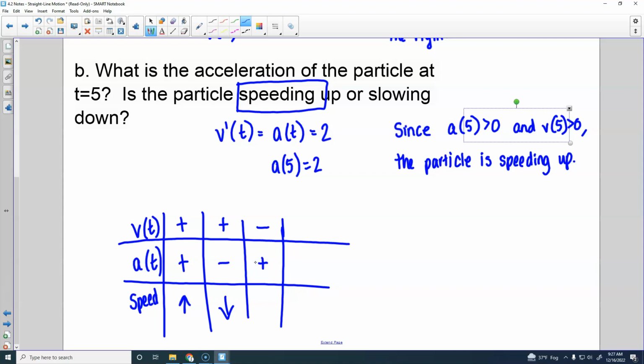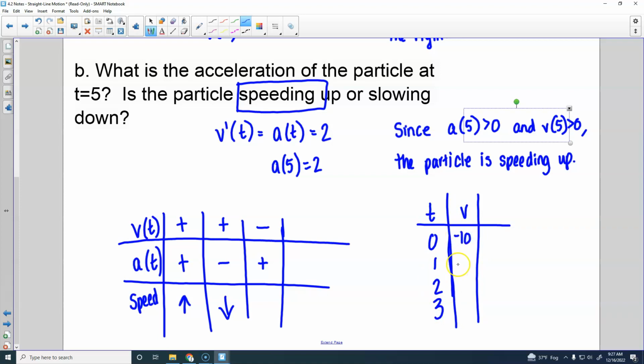It's increasing. So if your velocity is negative and it is increasing, right? If we're thinking about a graph where that's happening, we got time and velocity, so 0, 1, 2, 3. Your velocity is negative, so say it's negative 10, but it's increasing, so what's happening to it? Negative 9, negative 8, negative 6. That's linear, but,